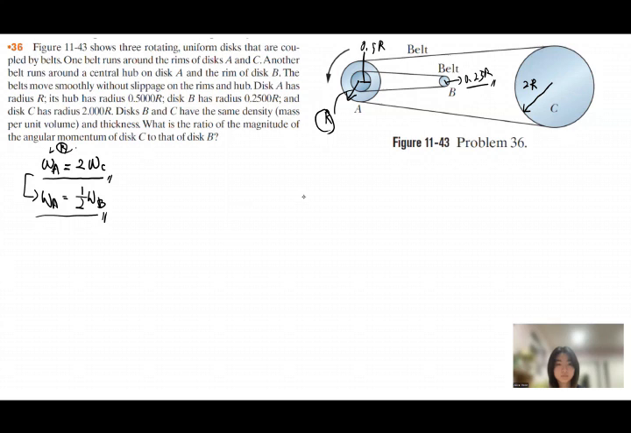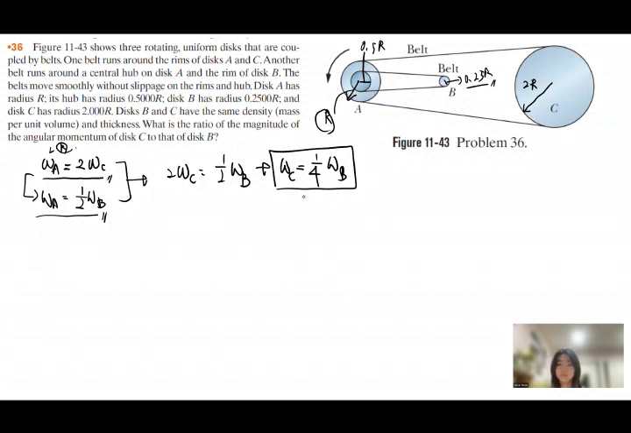Okay. So with that idea, you can find a relationship between the angular velocity of the disk B and the disk C. You can just plug that in, and then that should be 2 omega C equals 1 over omega B. And the angular velocity of the disk C is 4 times slower than the angular velocity of B. Okay. So from this,